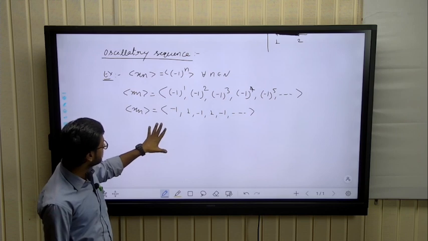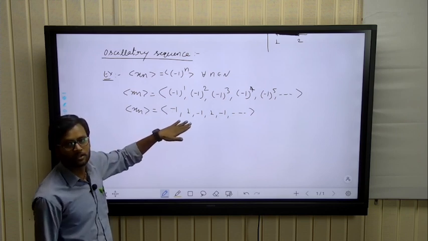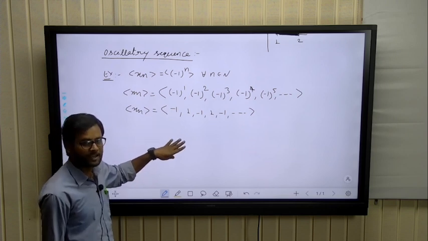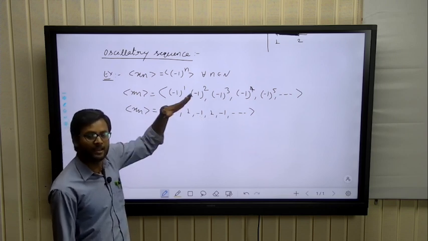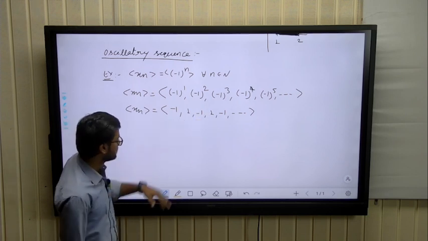This is the lowest term of this sequence, minus 1, and the highest term of this sequence is 1. So here we clearly notice that the terms of the sequence lie between two numbers, minus 1 and 1. You notice that